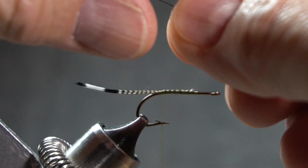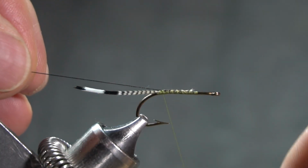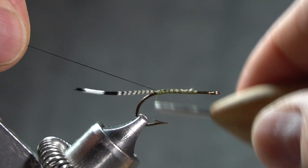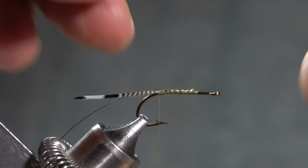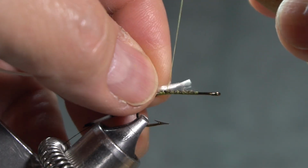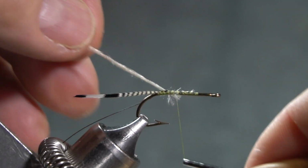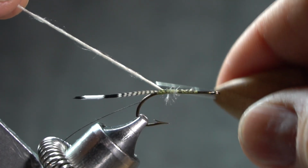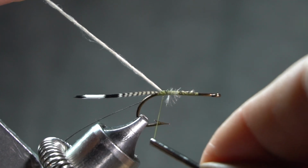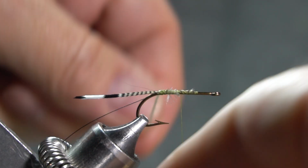I'm tying in a 4/0 silk black thread to use for the rib. The body is two-parted. First part of the body is white, and I'm using a white floss for that. I'll tie that white floss in. I'm not real worried about keeping that body real smooth since I'm going to use the floss to taper. Get that tied all the way back to the bend of the hook, and then I will